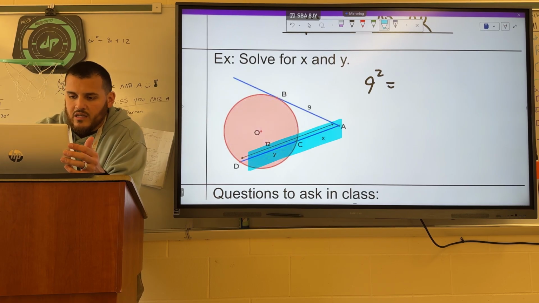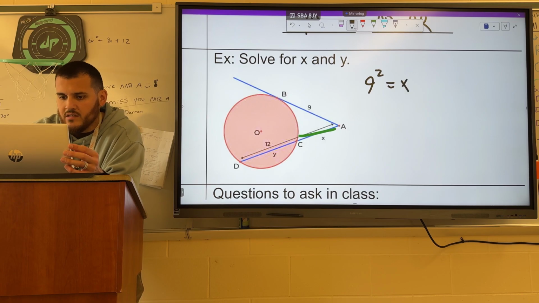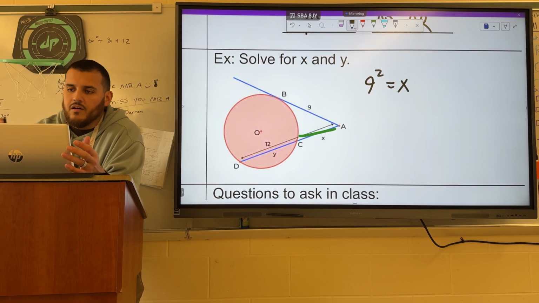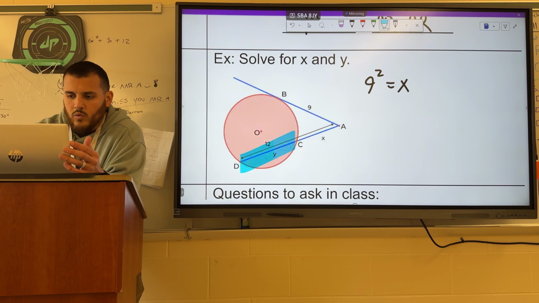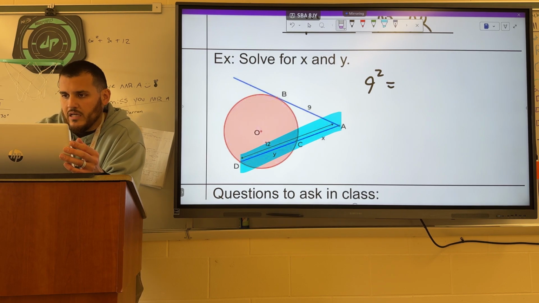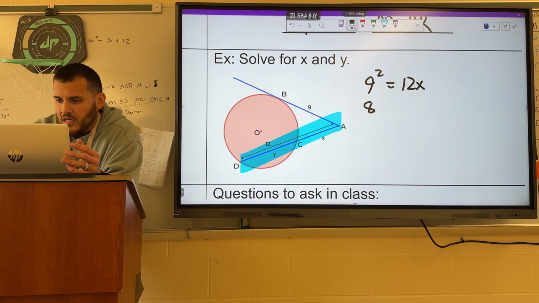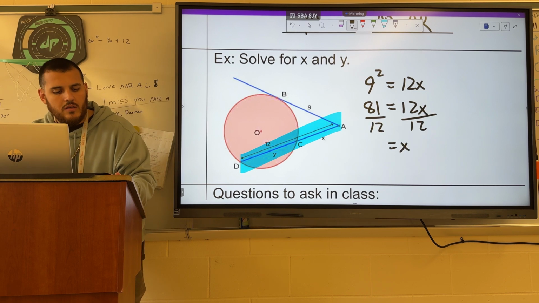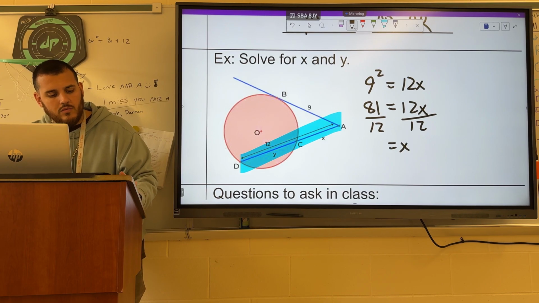So again, this is our secant AD. The external portion is where the x is, so we have just x, times the length of the entire thing, which is 12. So we can write x times 12. We could also just write that as 12x, like so. 9 squared is 81. And I can get x alone now by dividing both sides here by 12. And we get 81 divided by 12, giving us